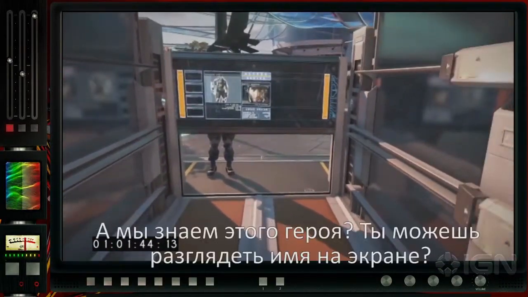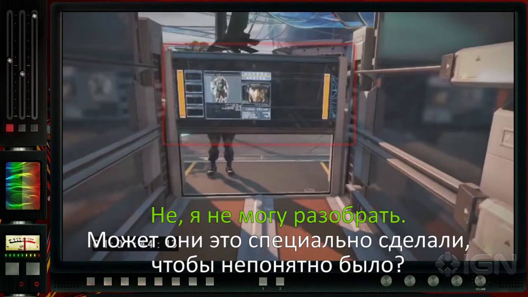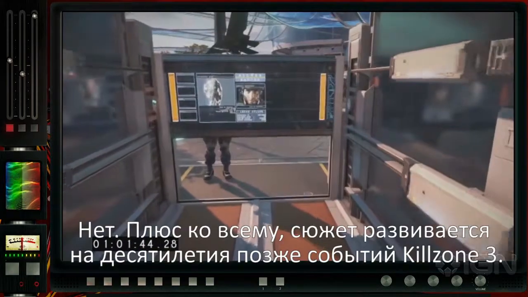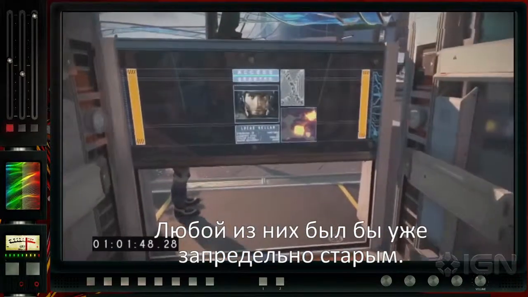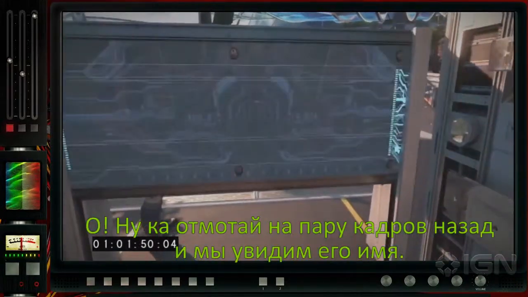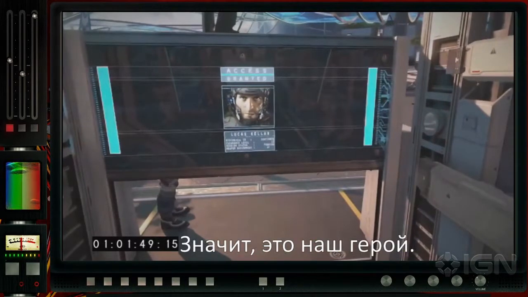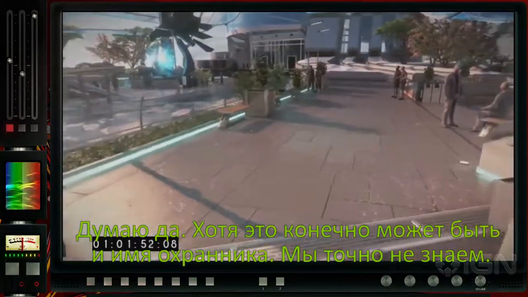Those characters, I mean, do we know who this is? Can we see the nameplate on there? No, I can't quite see who it is. So maybe when they blow it up, we'll be able to see it. It doesn't look like it's a returning character from the other games. No, plus this is set decades after the end of Killzone 3, so anybody would be super old. If you go back just a few frames, actually you could see his name. His name says Lucas Kellan, it looks like. All right, so that's our man. Well, assuming so, right? That could be a placeholder. We don't know for sure, but...